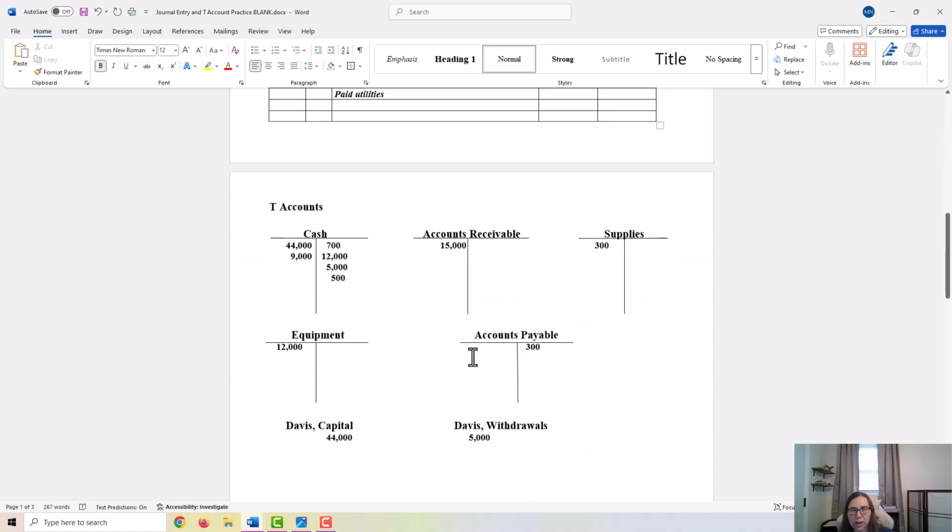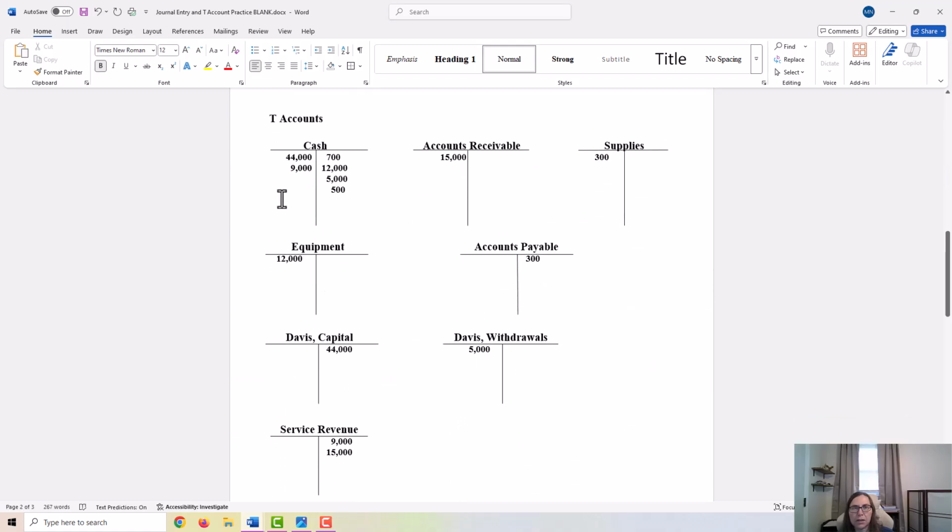And now once you have all of your T accounts completed, you would want to add a line under the numbers and then calculate your ending balance. So for cash, you would have $44,000 and $9,000 on the debit side. That adds up to $53,000. And then you would add up the numbers on the credit side, which is $18,200. And then you would take the difference between the debits and the credits. And you should get an ending balance of